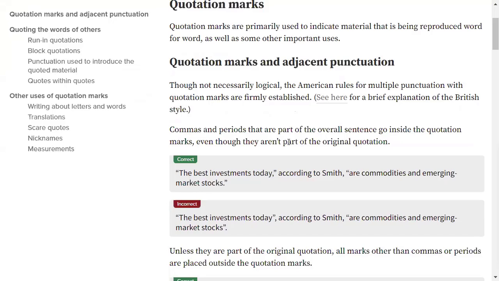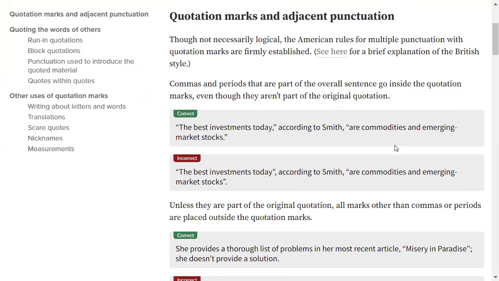Commas and periods that are part of overall Yes. and part of original quotations. The best investments today, quotation marks. According to Smith, quotation marks are commodities and emerging market stocks, quotation marks. Incorrect. The best investments today, comma, according to Smith, comma, quotation marks are commodities and emerging market stocks, Okay, quotation